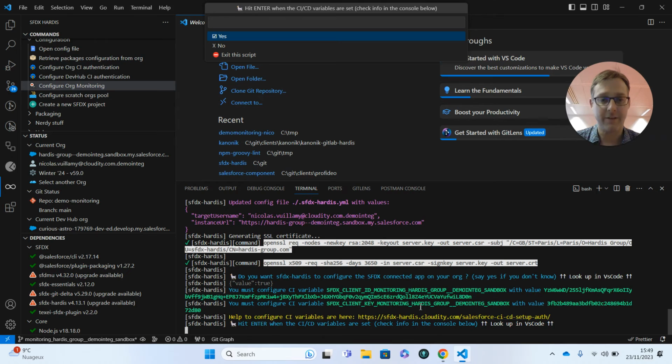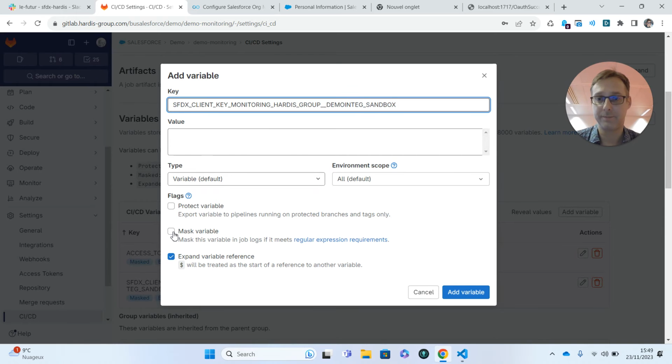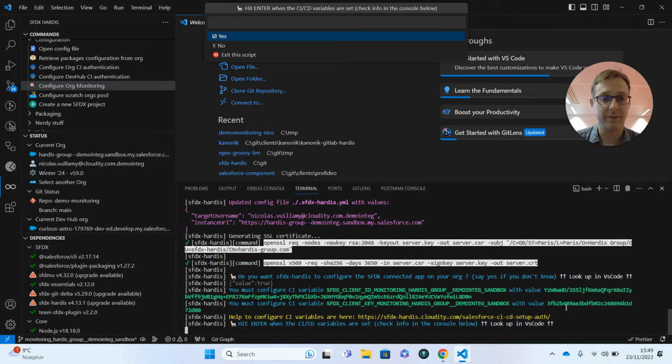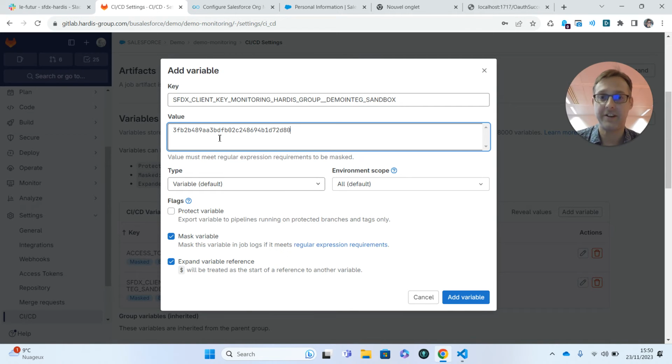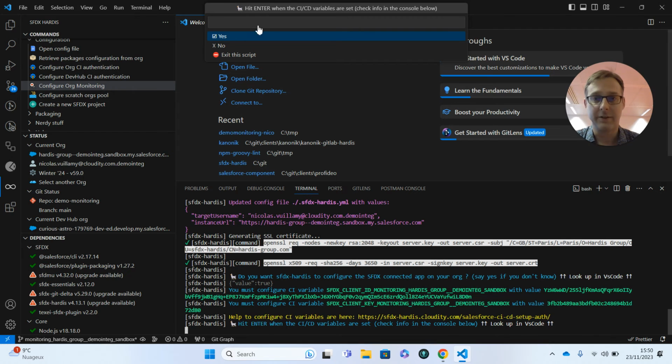And I have a second variable which also has a value. So this is what will help for authentication between CI/CD servers and SFDX-Hardis in a secure way. So now I have copied my variables.